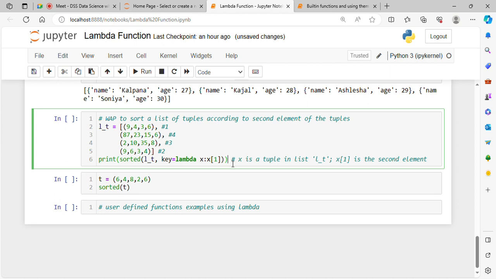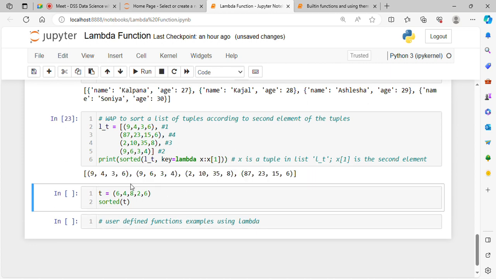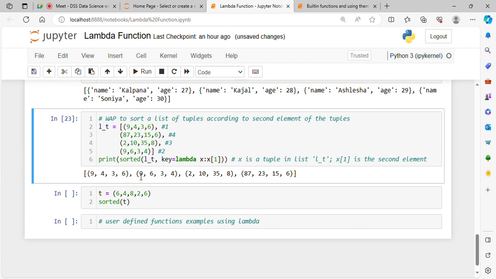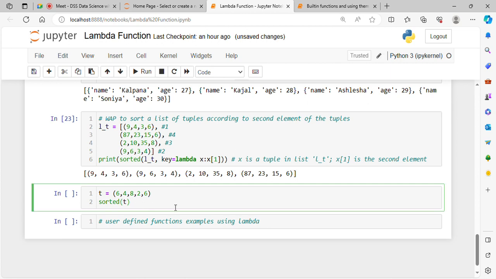Yes. And this is your sorted list of tuples. Okay, 9436 at number 1, 9634 at number 2, 210 35 8 at number 3, and this one at number 4. Got it? Yes. Yes, sir. Okay,